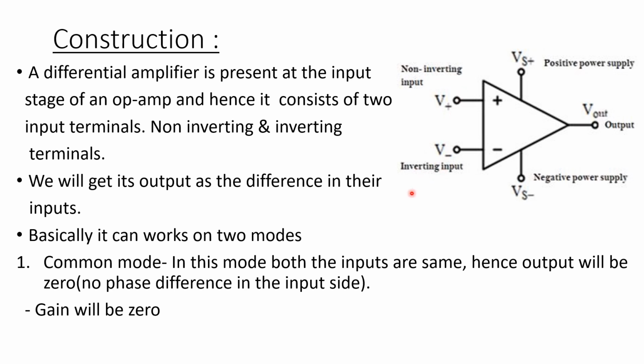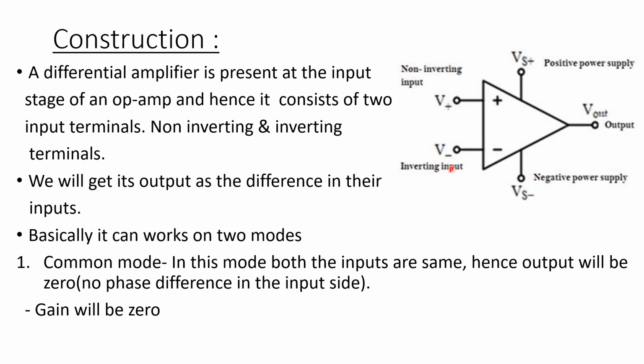Basically, an op-amp works in two modes. The first one is common mode and the second one is differential mode. In the case of common mode, both the inputs are the same. That means, for example, if we give a 5 volt positive supply to the non-inverting